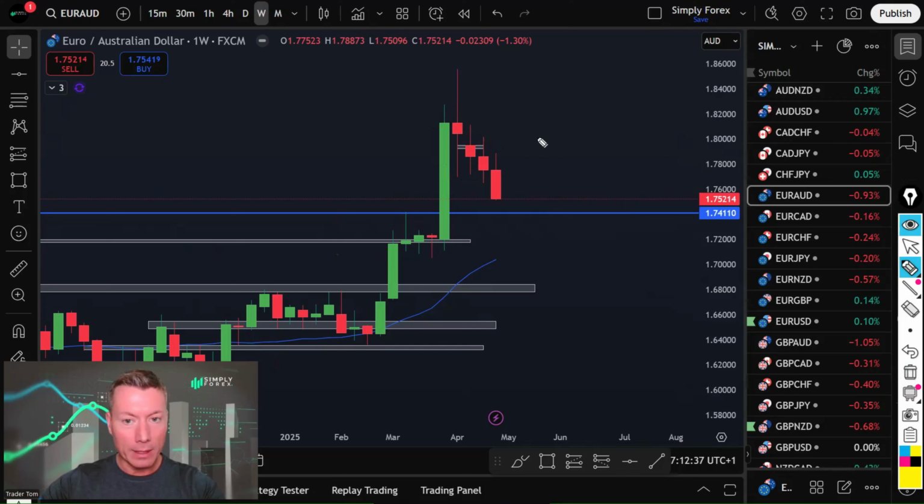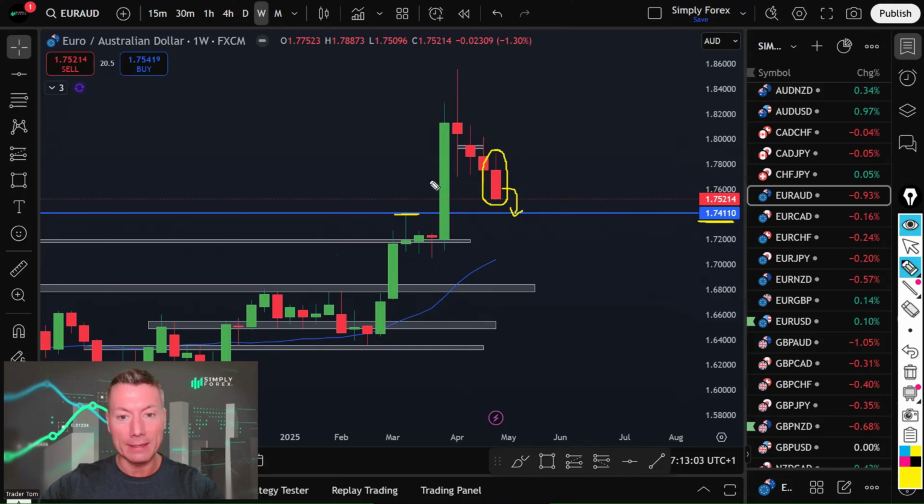But then, like I say, risk on environment, Aussie dollar is strong. Look at that weekly candle. And all we're trying to do, guys, is take it back down to the next piece of support, right? And we have conservative targets because this is actually against weekly trend. So we're just going to take it down to this 1.7400 level. I know it says 7411, but I wasn't accurate enough with my line.